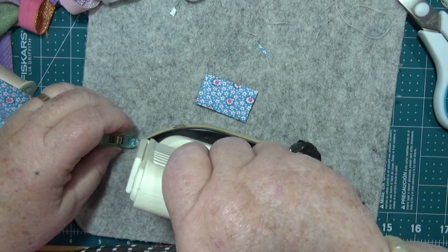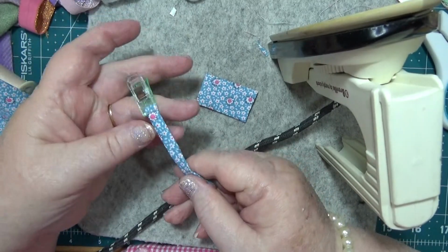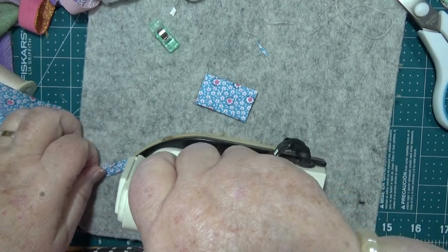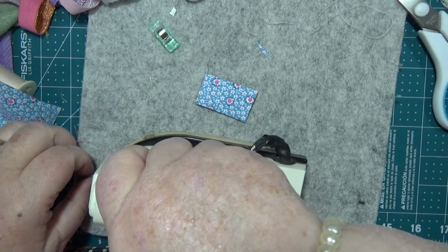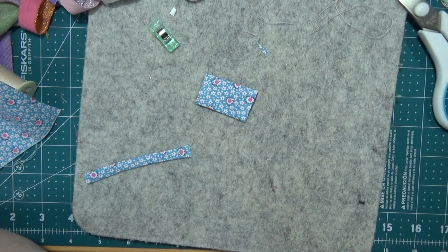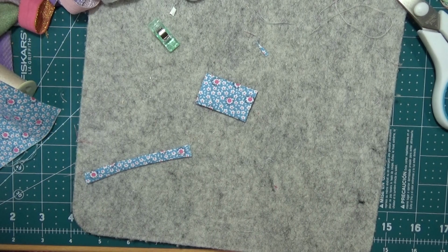I need to get the... Well, that'll hold it for 2 minutes while I fix it, won't it, while I sew it. Don't need a lot. I'm going to have to switch that off because I don't want to...